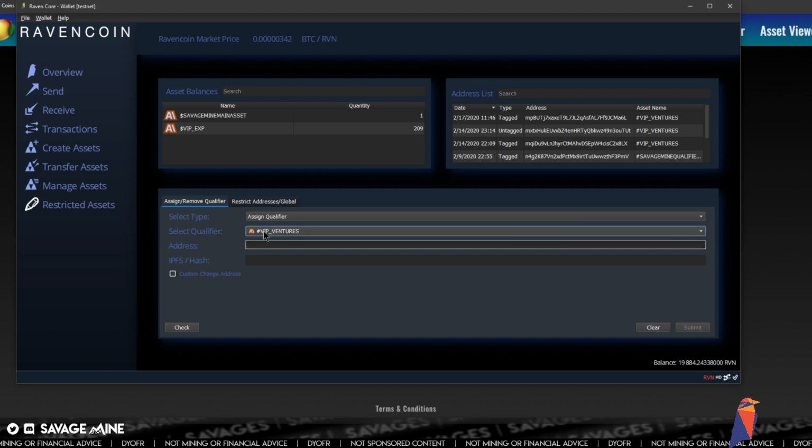We need to tag it with VIP Ventures. So we're going to try to tag Serpent's address with VIP Ventures so that they can receive the VIP EXP, the VIP experience restricted asset.